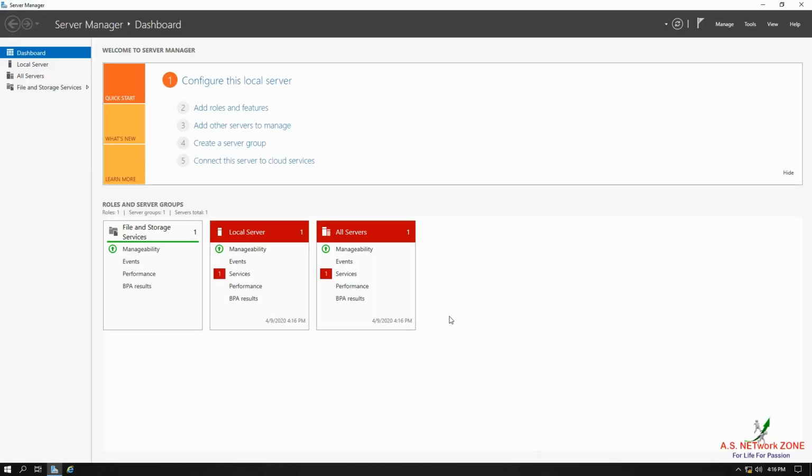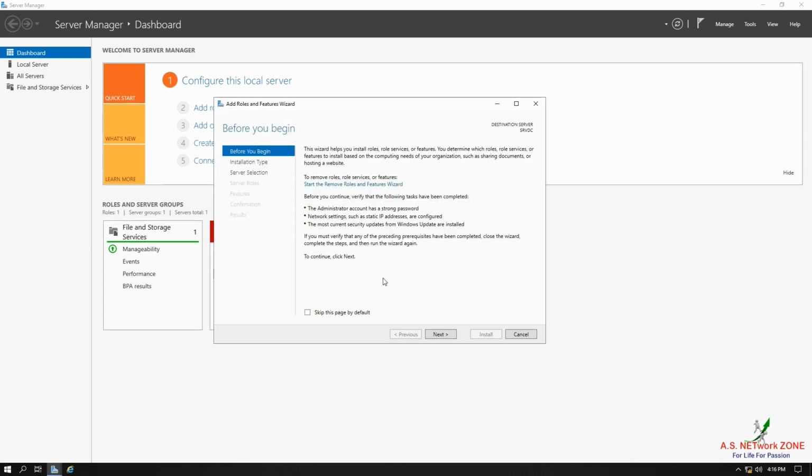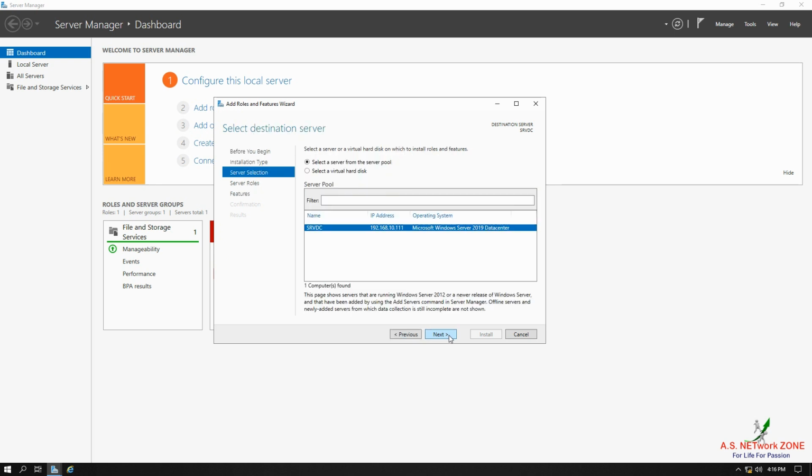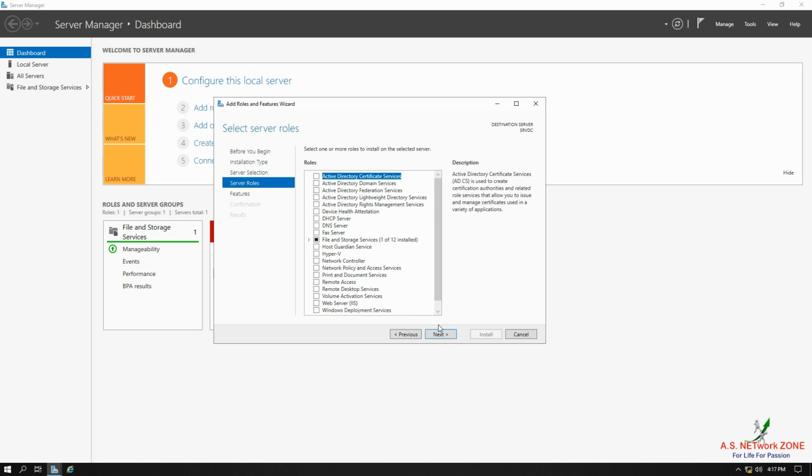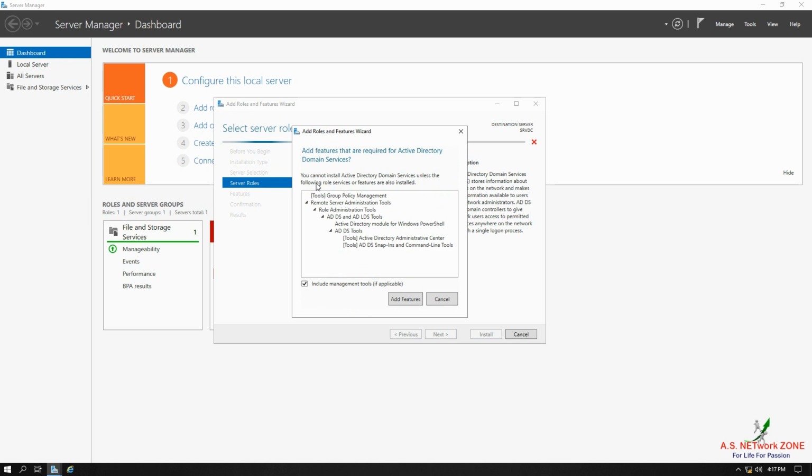Here you need to click on Add Roles and Features and you will get this wizard. Click on next. Next, it displays our host name, IP address as well as operating system category. Click on next. Here we need to select Active Directory Domain Services, so let me select this checkbox. It also requires some features, so click on Add Features.